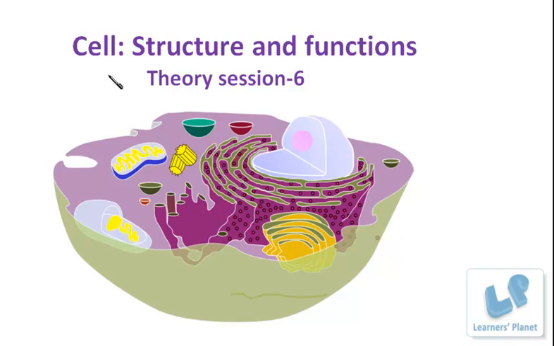Cell is defined as what? A basic structural and functional unit of life. Right, and each cell is made up of basic components which are the cell membrane, cytoplasm and the nucleus. So the basic structure and functions of these units we have discussed earlier, till the previous session. Now further, let us see what other features, or what additional points, we can understand in the structure of the cell.